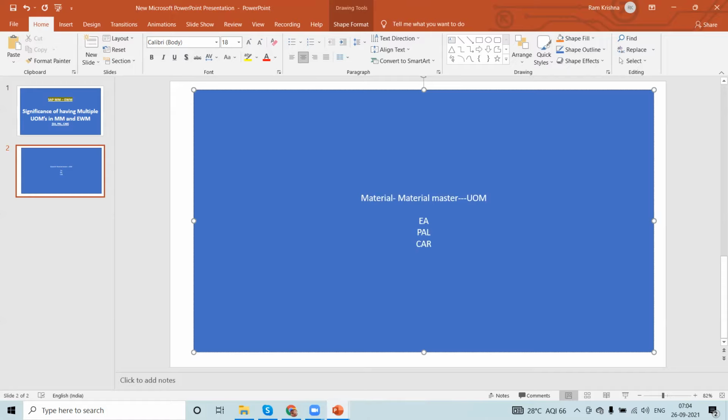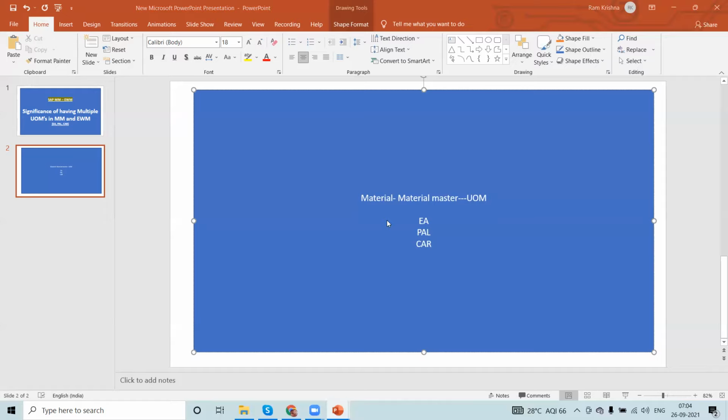So here, we can check the stock at storage location level itself, but we cannot see where exactly that is stored, and from where exactly this needs to go to production. Those things we can see with respect to warehouse management.